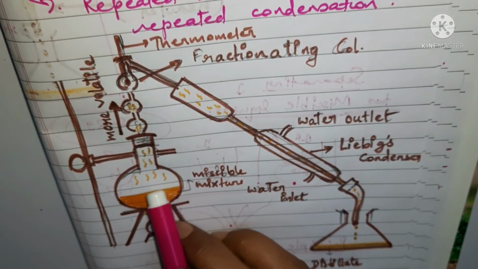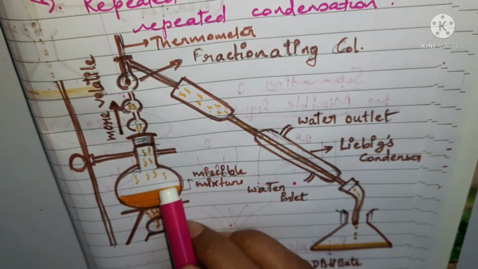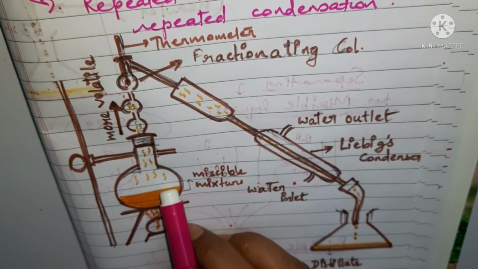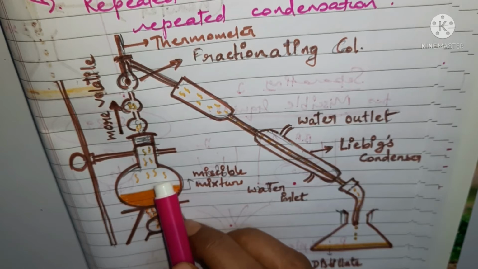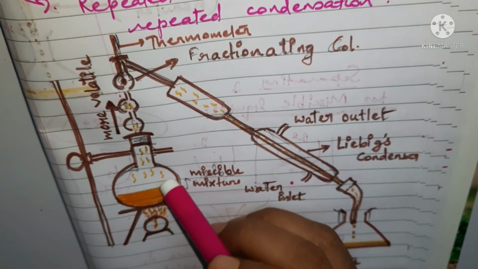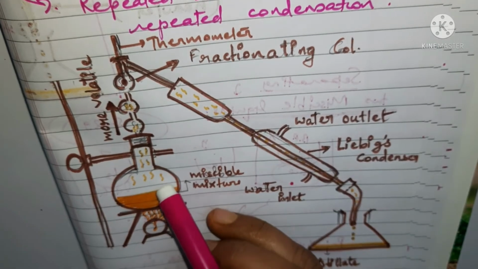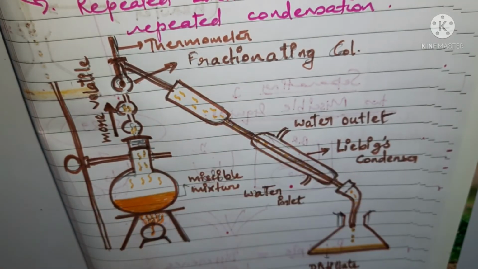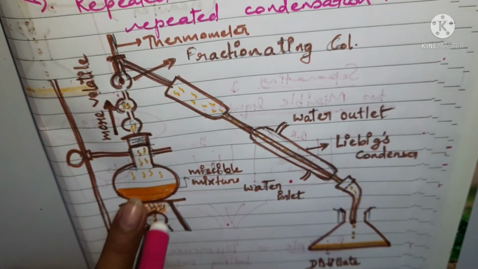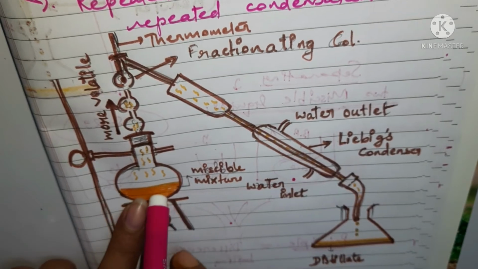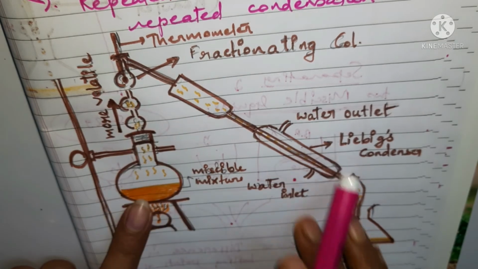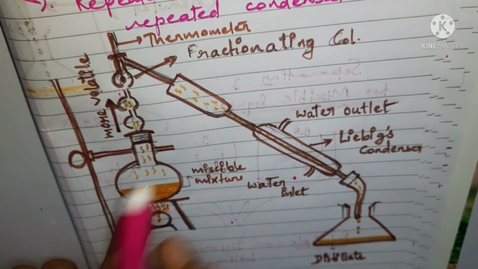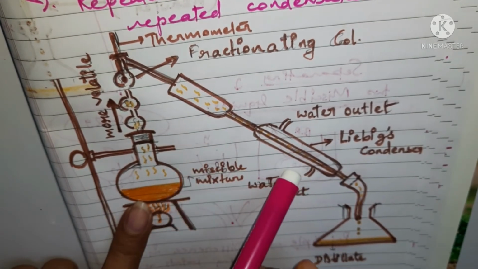the liquid vaporizes from here, the very first part of the liquid, when it vaporizes and no vapor starts coming out from this setup at the same temperature, then the temperature is increased further, and then the second part, the second constituent or the second liquid starts boiling up and changes to vapor, and then it is collected in another flask in the same way after condensation.